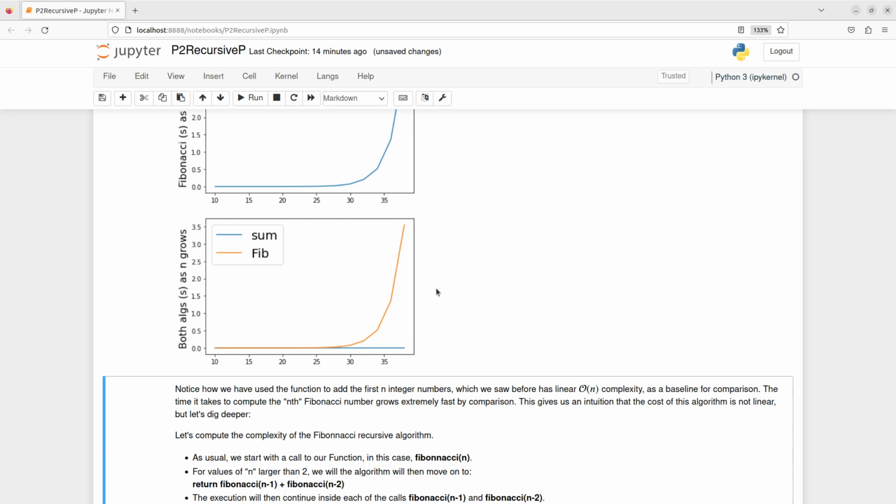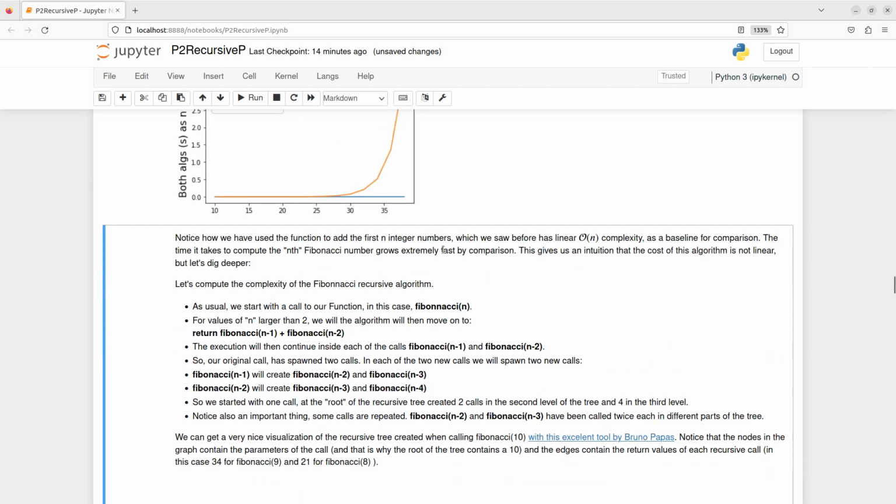Okay, remember that plotting the time gives me some interesting intuitions, gives me some comparison, but it's not perfect. It has its limitation. If I only looked at this, I might think that this is constant. It's not, it's linear. But the important thing here is that this is very, very, very slow. How slow is it? Well,